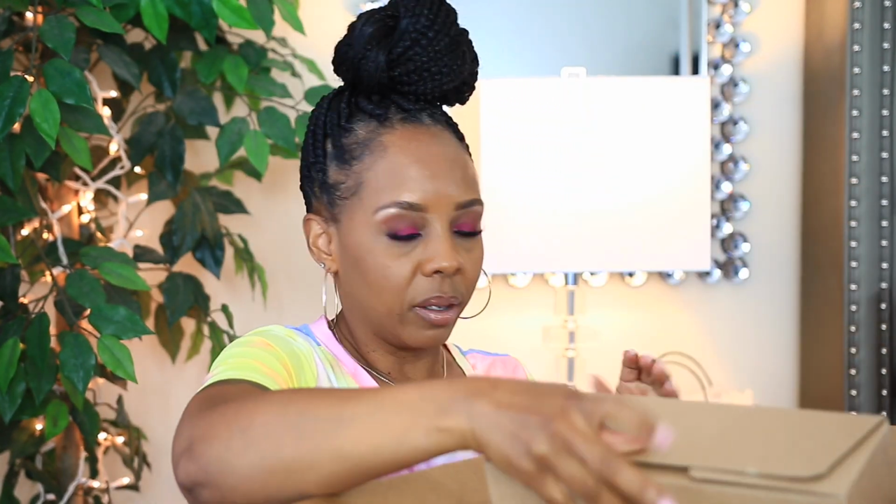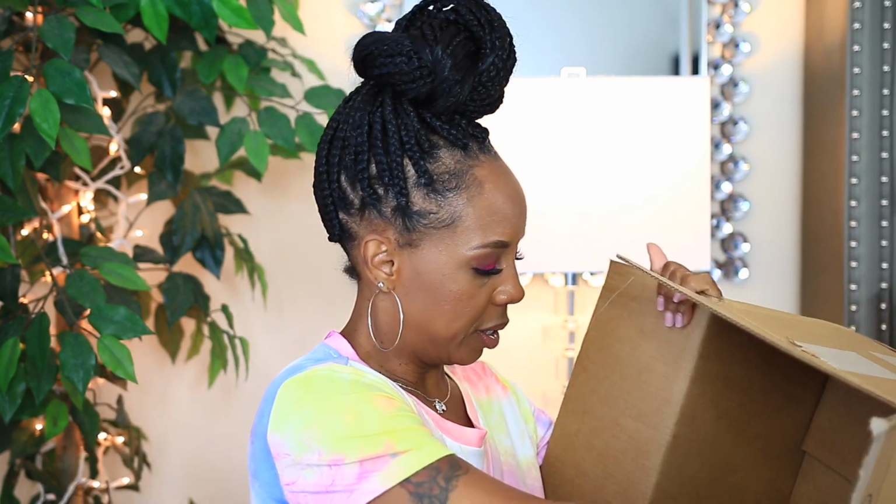So it came in this box here. Let me pull this out. So this here is, wait a minute. Let me get all the packaging. So this here is a Gucci item, and I did want to order this off of the Gucci website, but